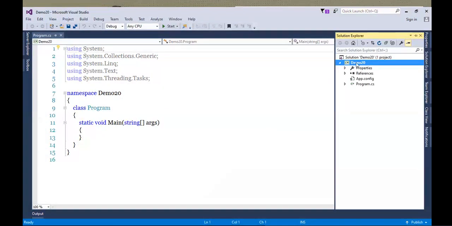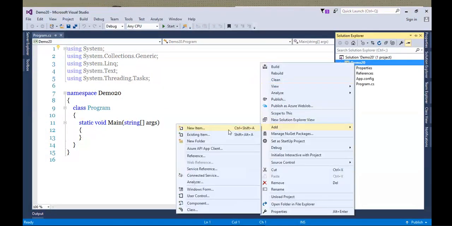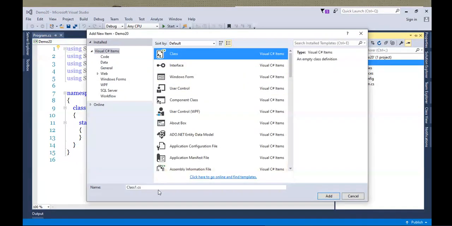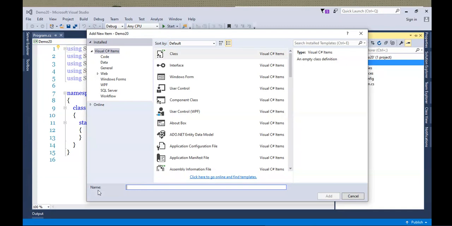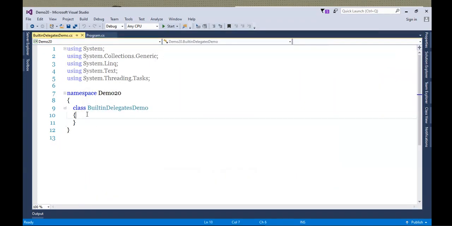So as usual, I will be preparing one class, and in that I will specify three methods. Okay, so built-in delegates demo. Let's prepare three methods here.